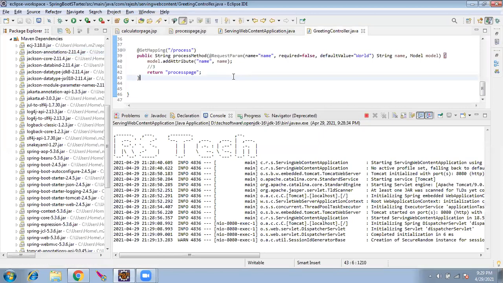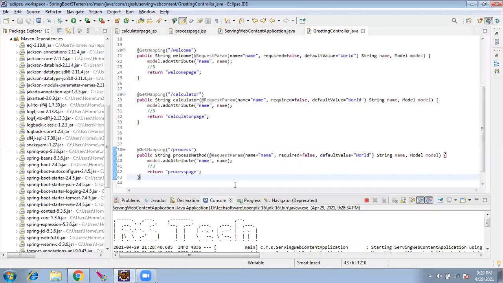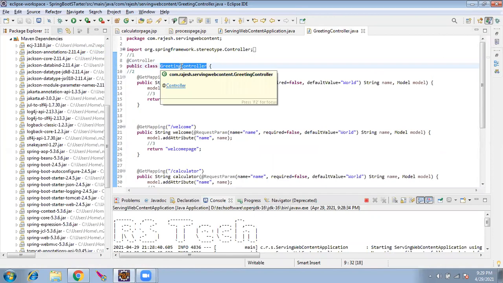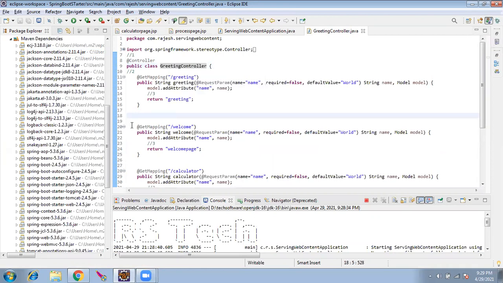How is it going? It is going through the servlet. Here we call it a controller. In MVC architecture, we call it a servlet; here it is a controller. A controller will have multiple URLs. This name is your own wish. Everything is your own wish except this and this. Other than these two keywords, everything you can change.